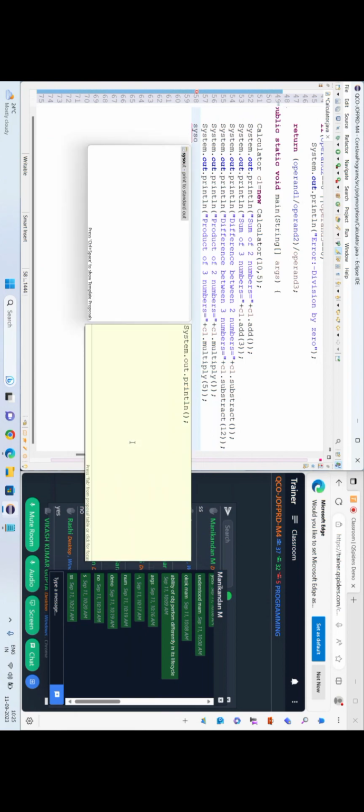Then here we will find the quotient, so let's write division between two numbers.